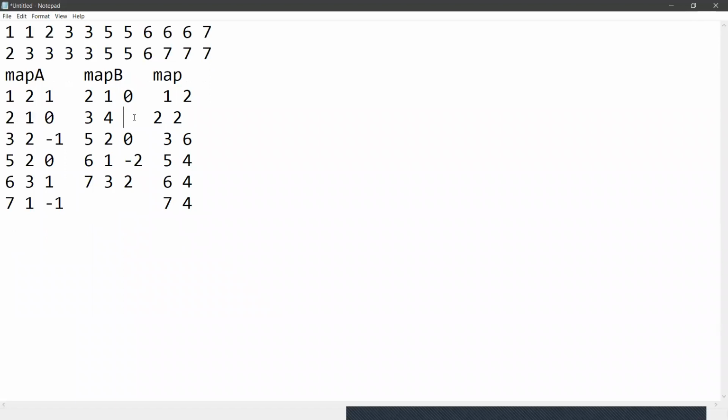Same for this: 0, this is 1, this is -1, this is 1. And I have to make 2 lists, list A from map A and list B from map B, and take greater than 0 values from list A and list B.